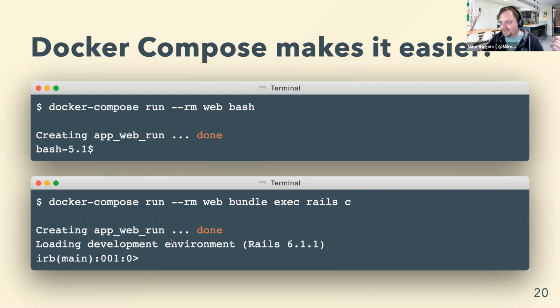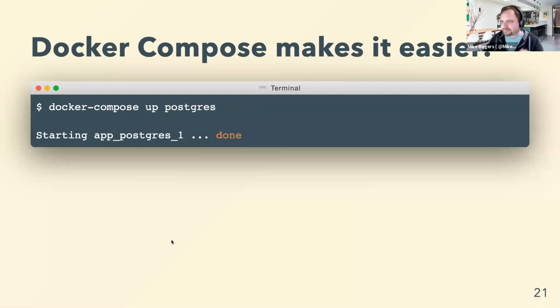I really like it. I think there's a lot of potential there for a really simple user experience. And one other thing: you're probably thinking, some of you are quite experienced Rails developers, and you actually have everything installed locally. What you can do is use Docker Compose to turn on just services. I mentioned earlier, I worked on an app where we had different versions of Postgres being run in the office. If we had used Docker Compose and said, everyone run the same version of Postgres, please, I think that would have saved our ass quite a few times.